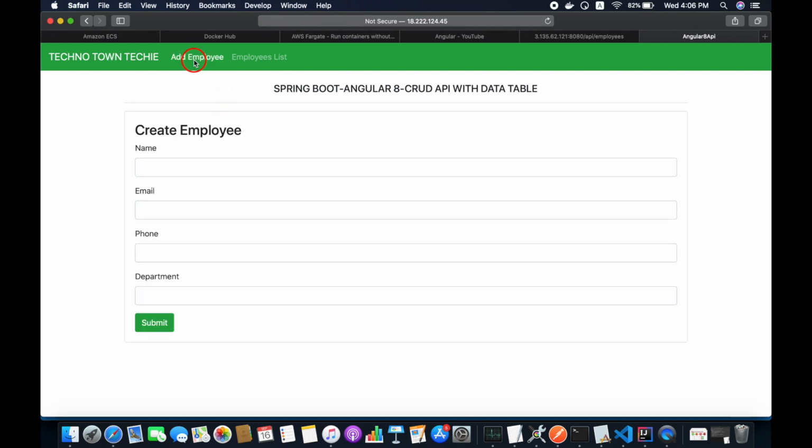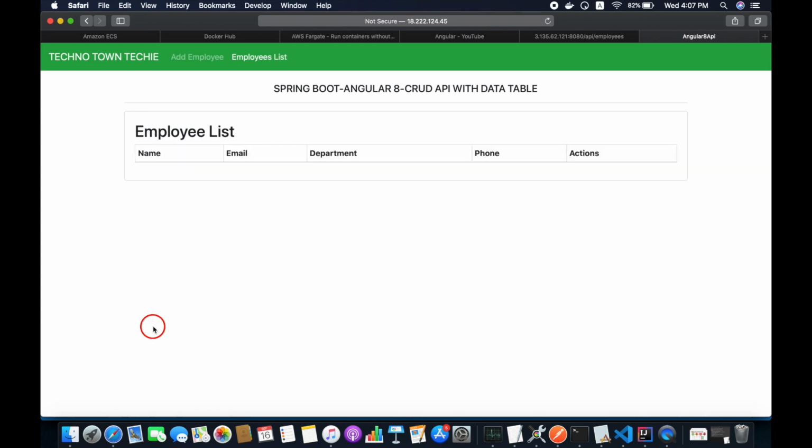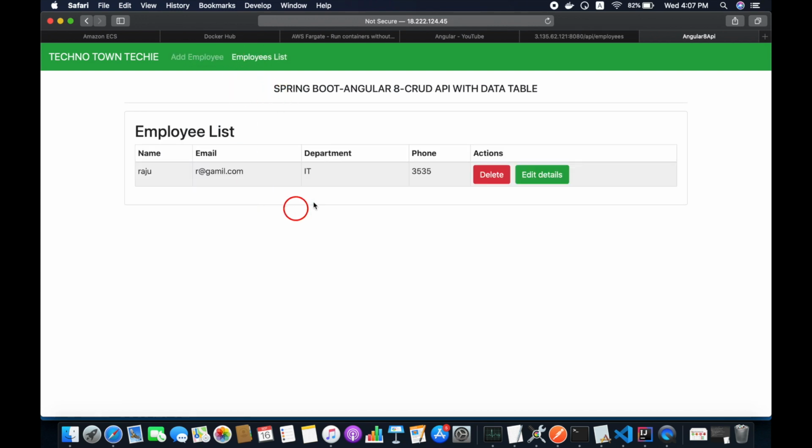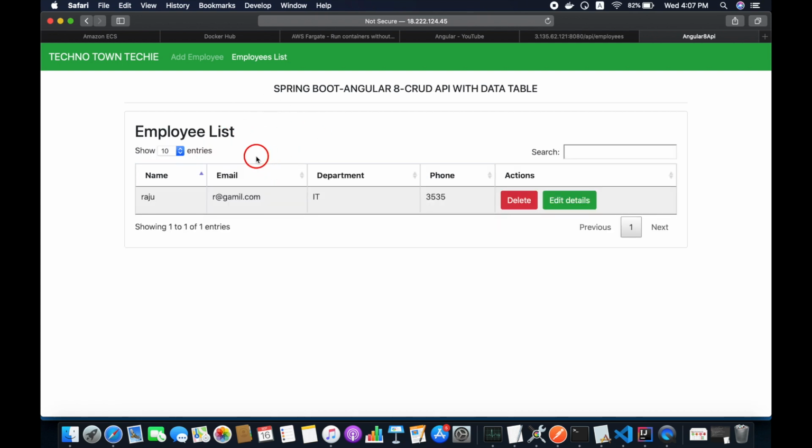Click on add employee. Let's give some data here, and give some number, department, submit it. Okay, it's added successfully, guys, so it's working fine.